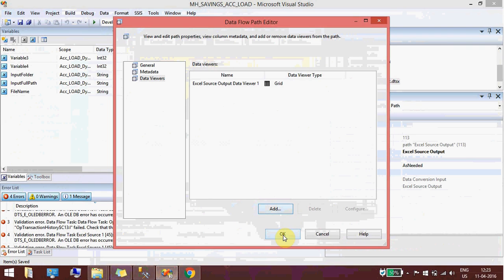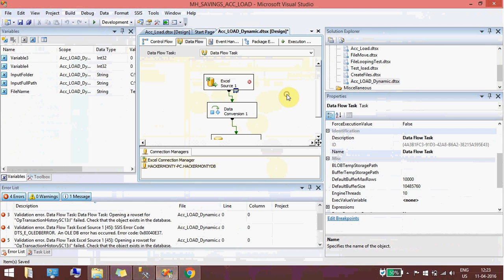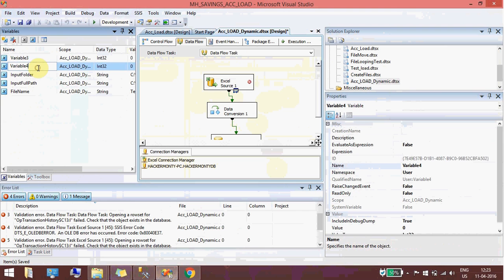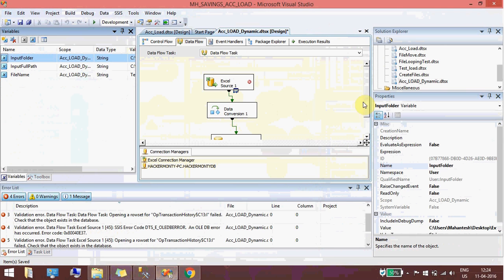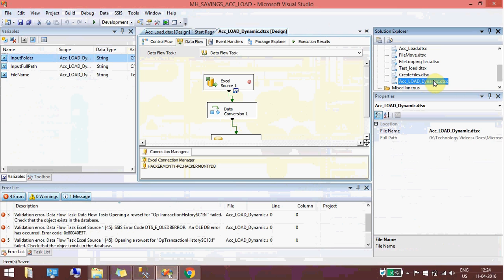So our input variable is correct, output variable is correct. So I'll delete these, we'll see afterwards. Okay, save, execute this.